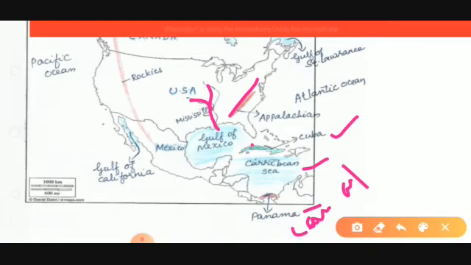Then Gulf of California. When you mark Gulf of California, here a small land mass is given, and here also just write in between Gulf of California, because it's a gulf, it is not a place or anything. So just use a blue color to mark there, and then write there Gulf of California. Now here Panama Canal, right there Panama, right there Panama Canal. Then Appalachians, Cuba, Caribbean Sea. So all these places we have marked.